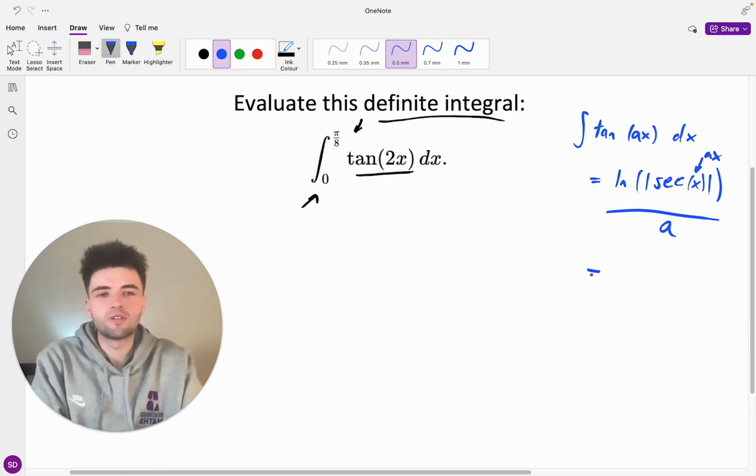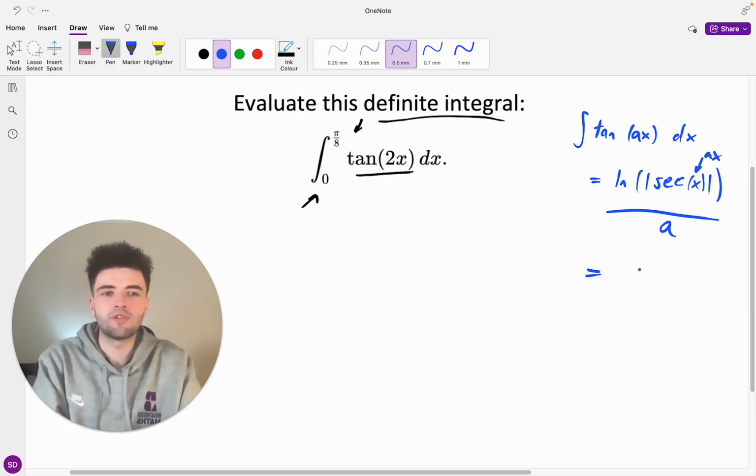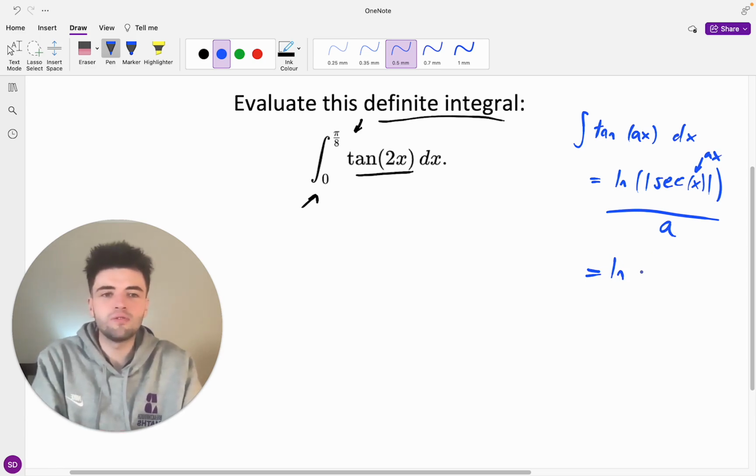And there's one more thing which I think is useful to do, although it's not really necessary if you know kind of how to deal with sec of x. But what I would always do is change sec to cos, because sec is just 1 over cos. And so what we can do is just change this to cos of x on the inside for our rule. And then it's still the ln of, now instead of sec it's cos,